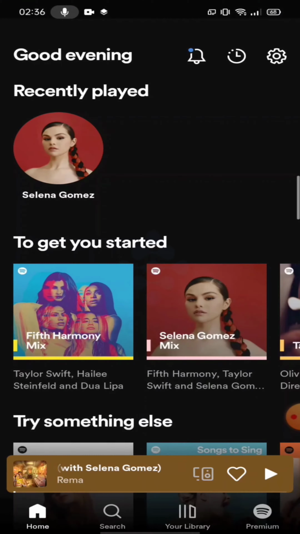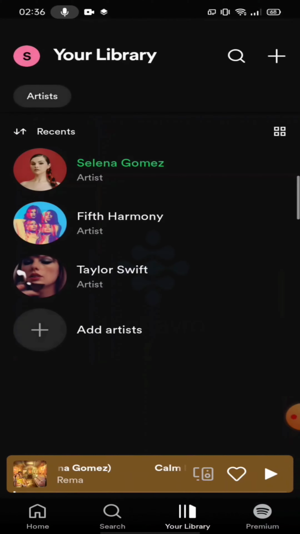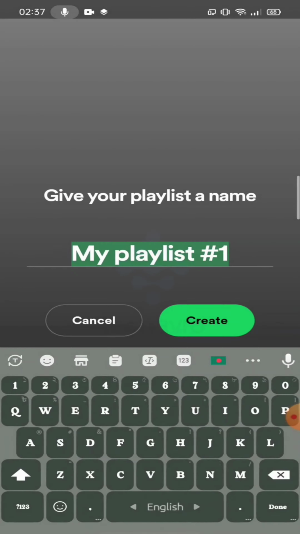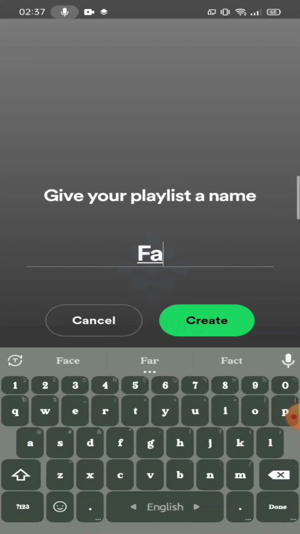and then click on your library. Then tap on the plus icon in the right corner. Tap on playlist and then enter a name for your playlist. Then tap on create,